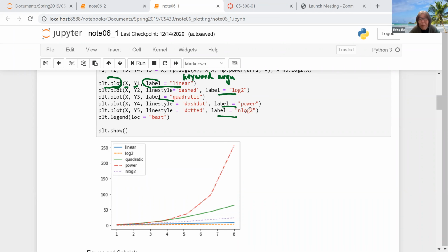When we do research, we use this a lot, is it? And you can also specify line style. You want it,